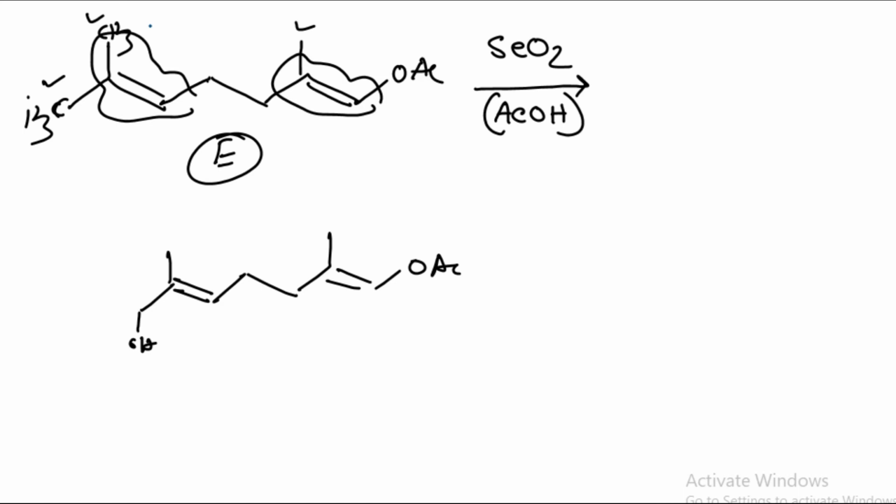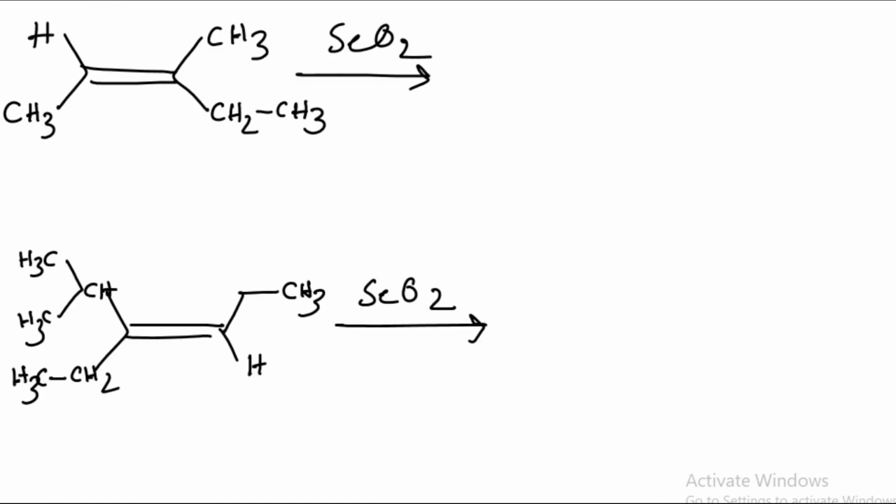Okay, so this is the product. After that, here are some more examples where this type of alkene is again selected. Following the rules, you always know that this is the more substituted site, so the oxidation will be carried out at this site, where the CH2 or the CH3.